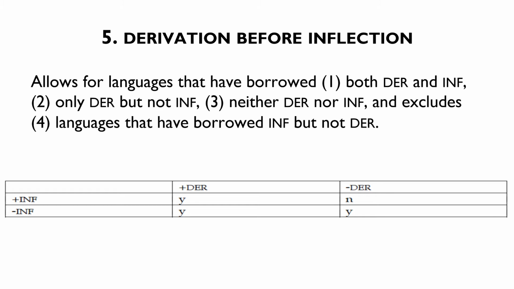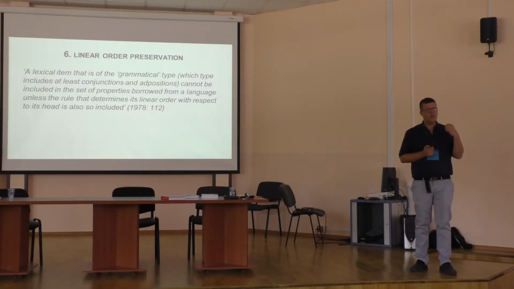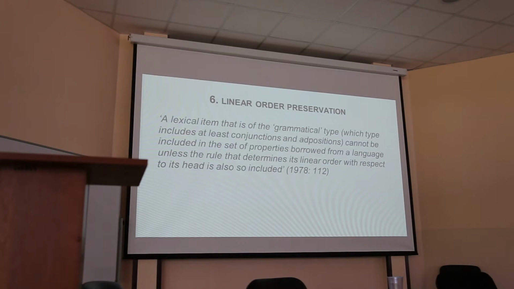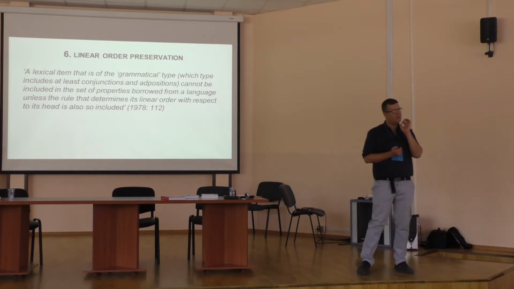And linear order preservation. We're going to talk about this a lot tomorrow, so I'm only going to say something brief about it. It basically says that you can't borrow a grammatical item without dragging along its typical linear order. So if you have a preposition, you have to borrow it as a preposition and not a postposition, never mind what the basic word order of the language is. So let's say you want to borrow a Persian preposition into a postpositional Turkic language. This universal predicts that the preposition is going to end up as a preposition. This is very interesting, and actually one of the universals that's really not grounded in common sense. There's something not trivial about this.